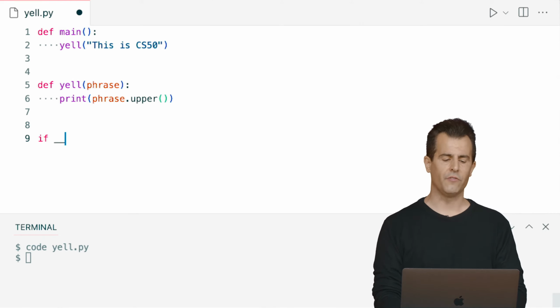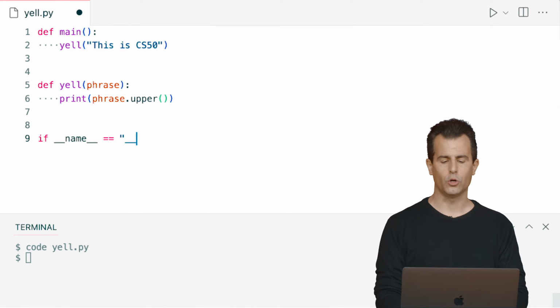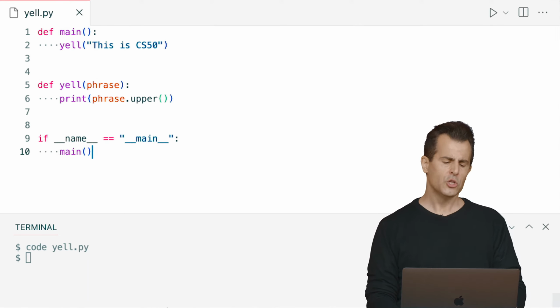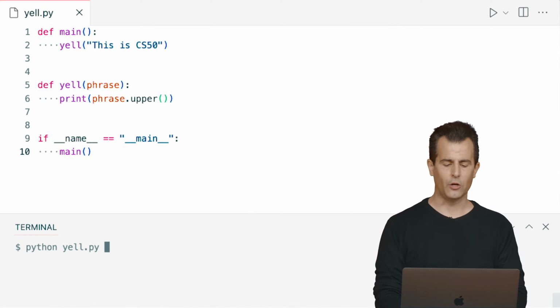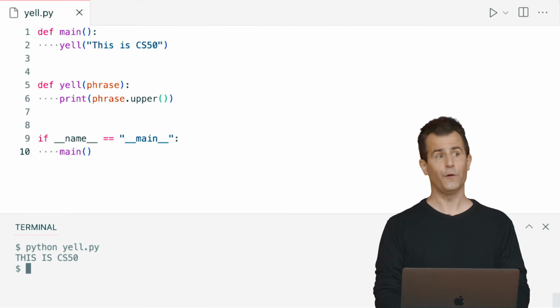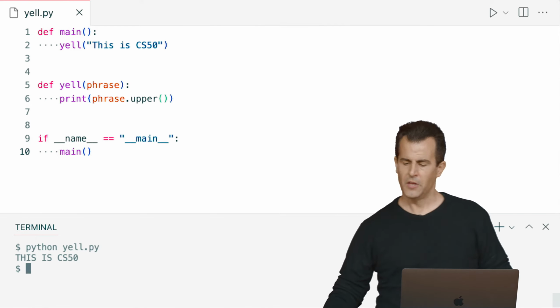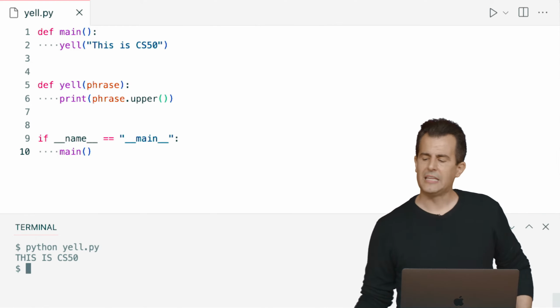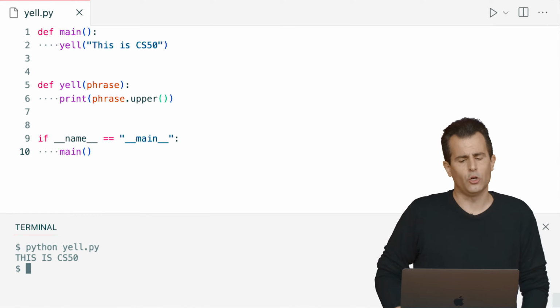And as usual down here, if the name of this file equals quote unquote main, then let's go ahead, as always, and call main. So let's just run this. But for the most part, it should be fairly straightforward. When I run python of yell.py, this is CS50 is yelled on the screen. All right, that's nice, but it's not great that yell only expects a single